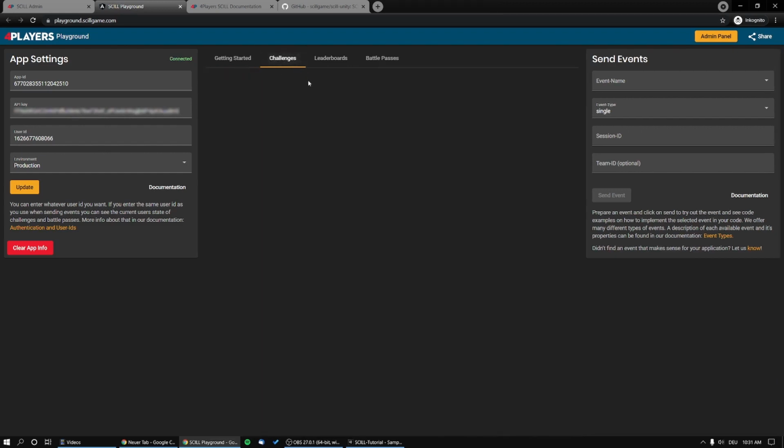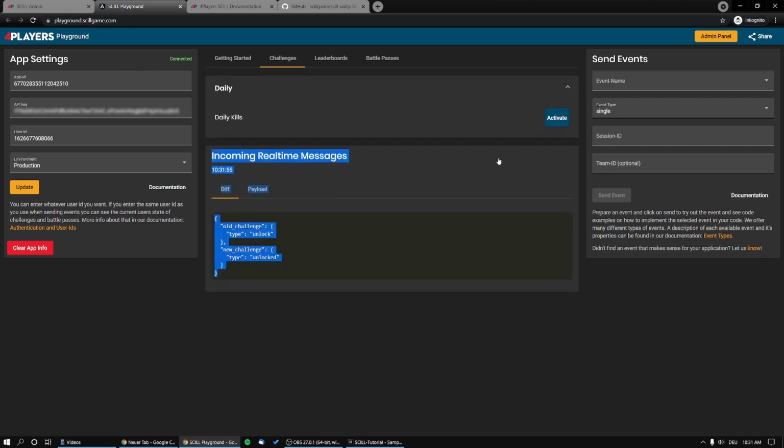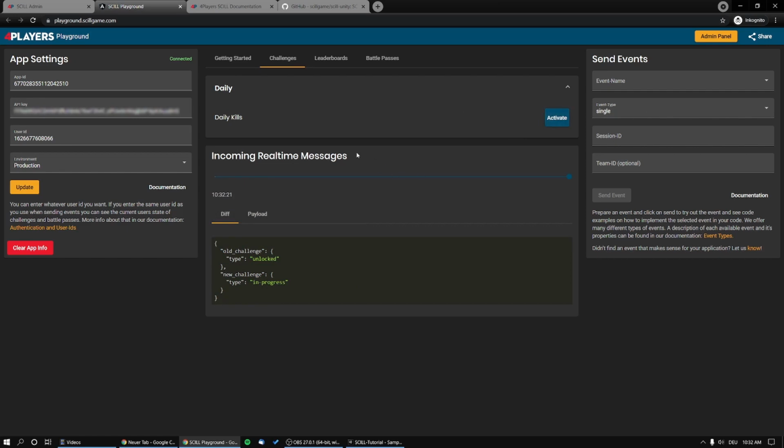So let's take a look at the challenges. Press update once, and then the challenges are also available. So you can see the category here, and also we've got our challenge daily kills. So let's try and unlock it. Okay, after unlocking it, we also have to activate it. And we can also see all messages that are basically being sent to us. In the SDK, we can also receive those kind of messages, so we can immediately check if the unlocking was actually done in SCILL. So let's also activate the